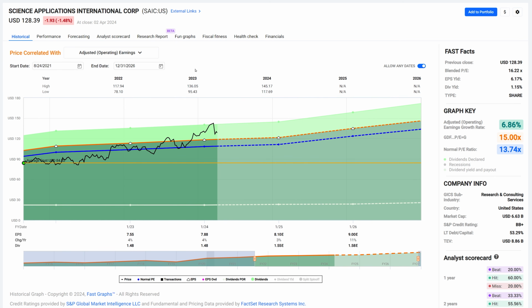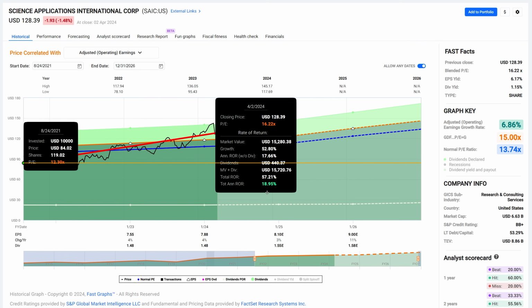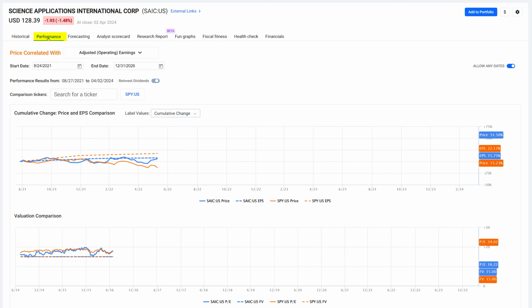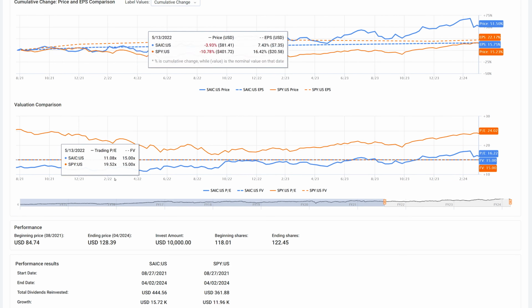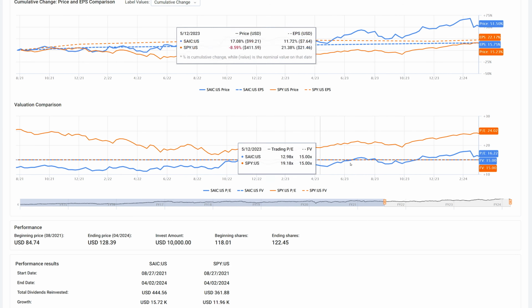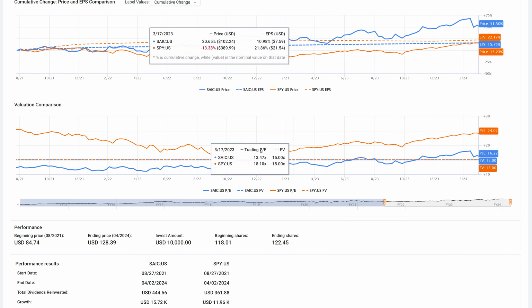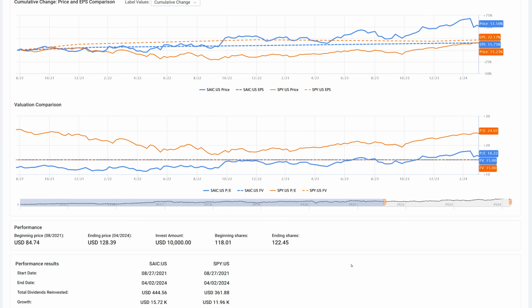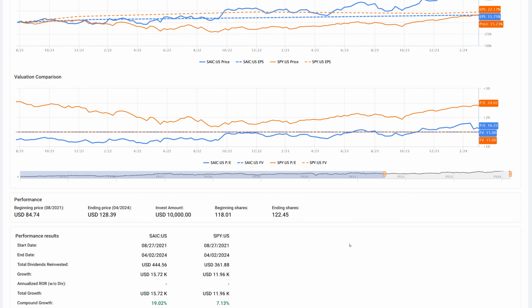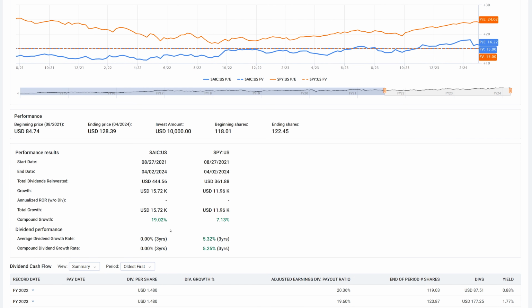Looking here, Science Applications International was another one. If we look at the performance of this one for this time frame that we've owned it, it's averaged almost 19% a year. It's been one of the better performers from a total return point of view. It's really outperformed the S&P, and it's been significantly at less risk. When you see the blue here, the company valuation below that of the S&P, this is also a picture showing you that there's less risk owning this stock over this time frame than there was in the S&P, which was overvalued. And once again, we have almost a 19% annualized rate of return,